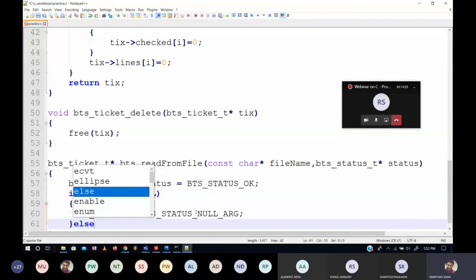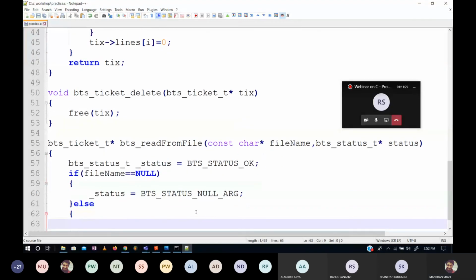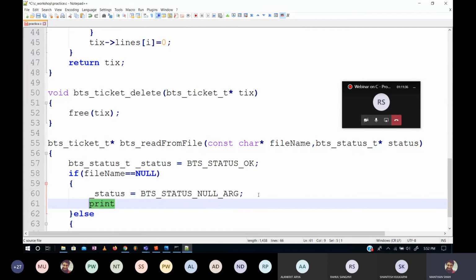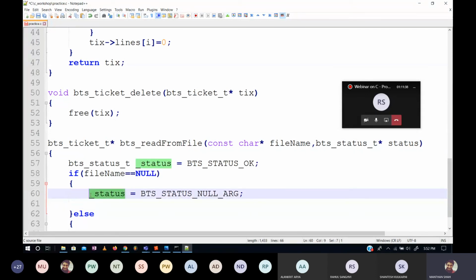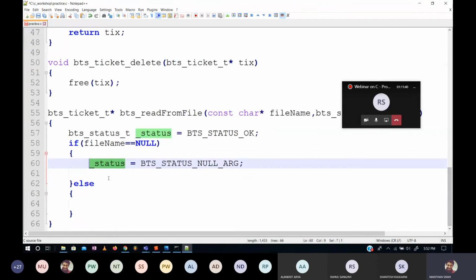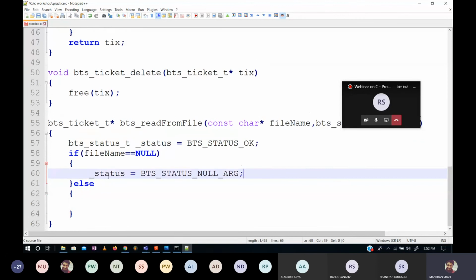So तुमको समझ रहा है, इसमें अभी context आ गया अभी. Tomorrow if your function, अगर तुमने कभी ढूंढ के निकाला कि bts function is not working properly and if you start debugging, all you have to do is write a print statement at every point whether the status is proper or not, and you just have to keep track of where the status is going wrong, and then you can very quickly determine what is going wrong. So this mechanism helps you do that. Apart from that, it will also prevent many errors later on that we will see.